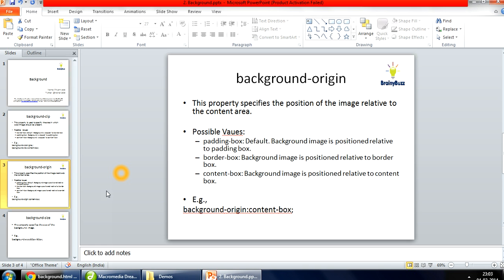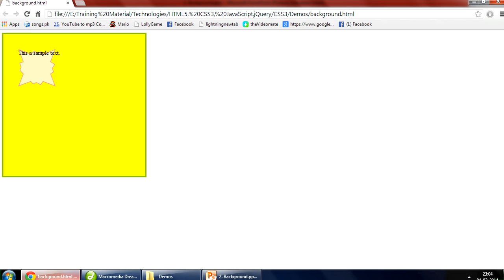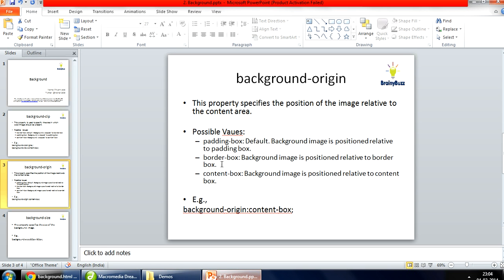Save it, refresh it. So now your background image is starting from the content box. So like this you can use the padding box or border box or content box according to your requirements for the background image.